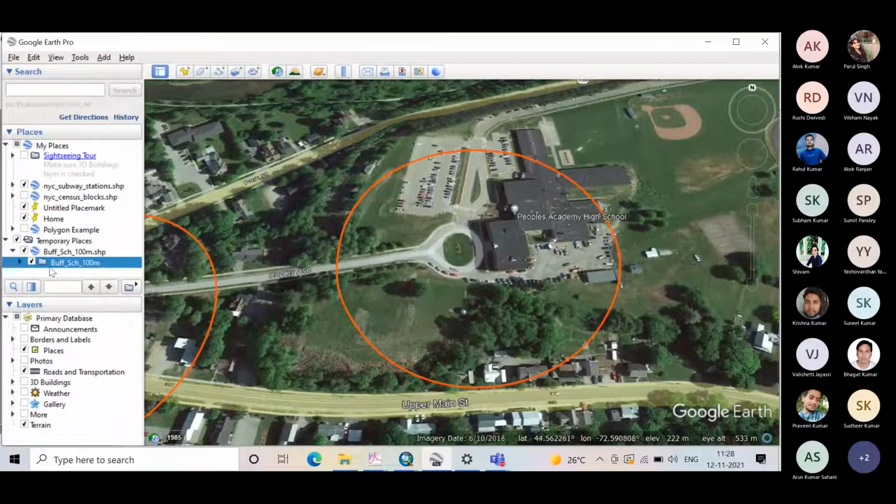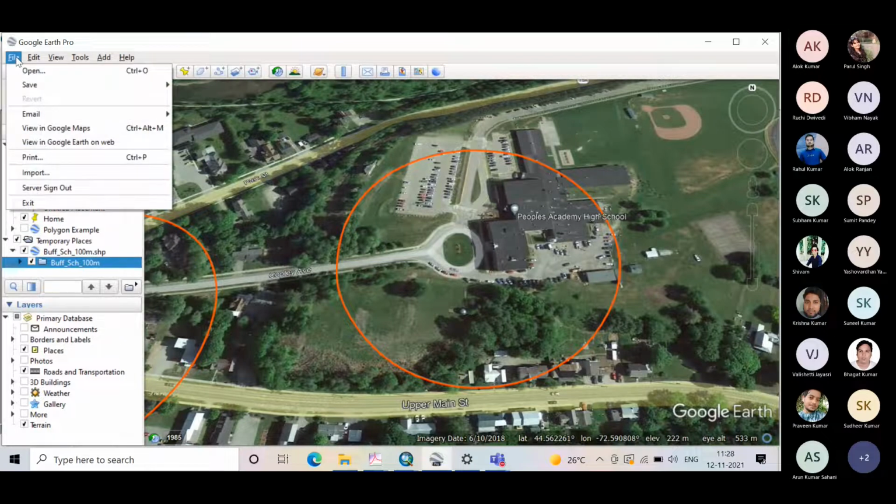Another thing is that we have created the NYC data also, the buffer of that one. Google Earth is not a part of our syllabus or curriculum, but still, this is open source. So anyone of you can download and install the Google Earth software on your own system, and you can also see your data set, like the data set that you have digitized, you can see that over here. So this is the school data which I have already imported. Now I'm going to import the